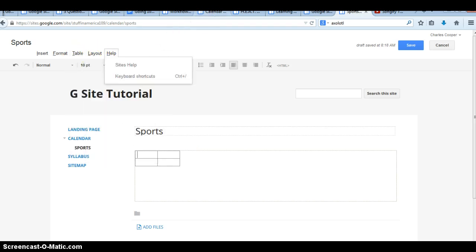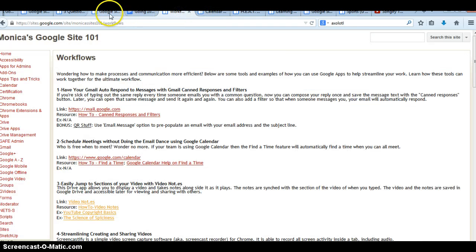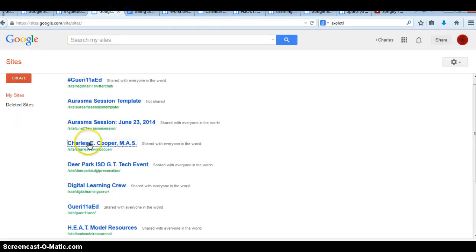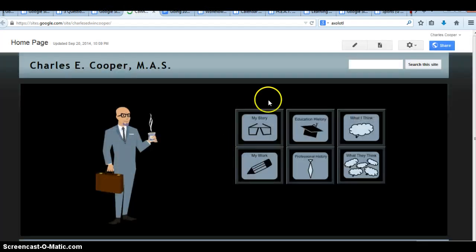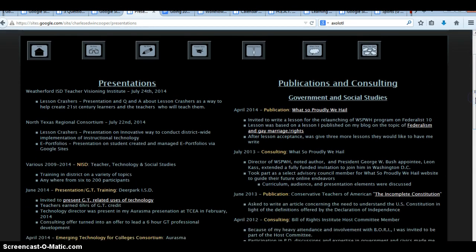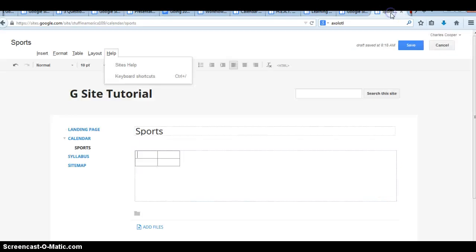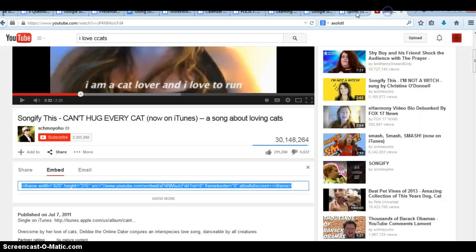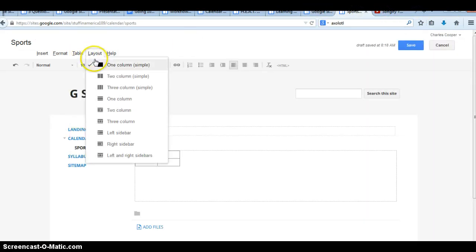Layout, again we can go back to, I believe it was my work history. Yeah, so under my work history, again, it's spaced out nicely, and I'm not saying this is a beautiful page, but as far as the organization, on the left and on the right, you've got nice spacing. So what I did there was, you go to Layout and click on 2 columns,